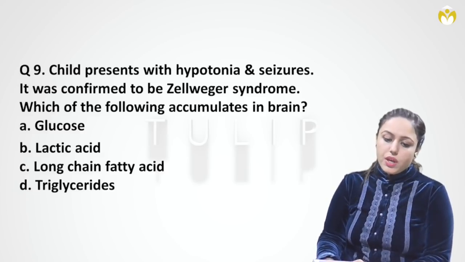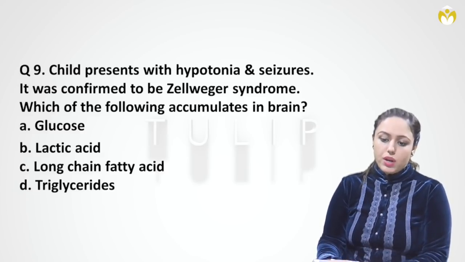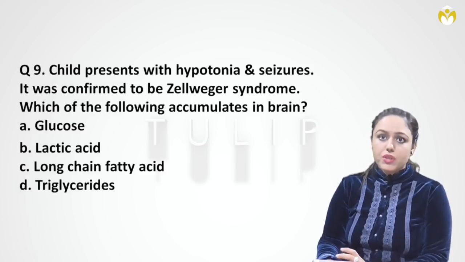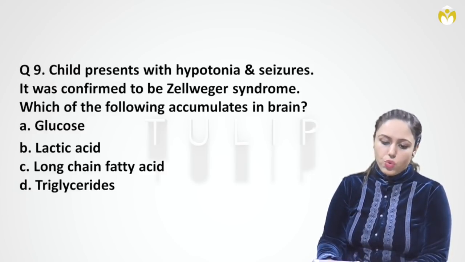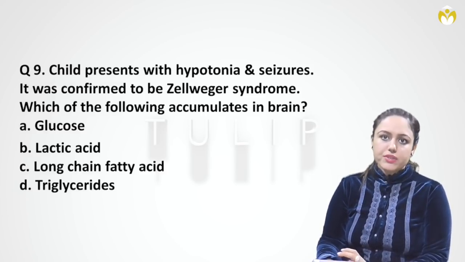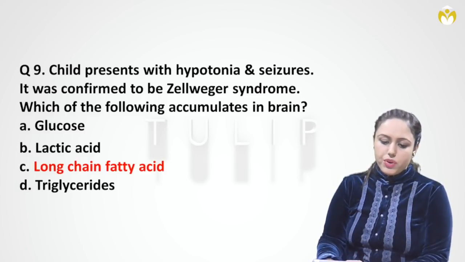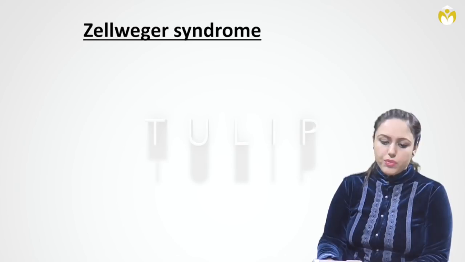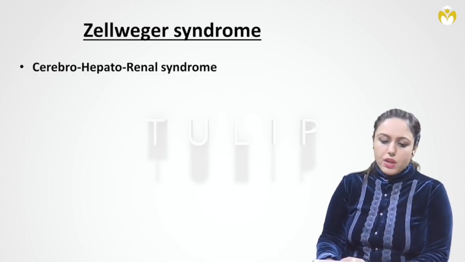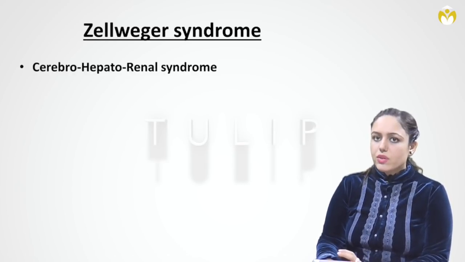Question number 9. A child presents with hypotonia and seizures. It was confirmed that this child has Zellweger syndrome. Which of the following accumulates in brain? Answer is long chain fatty acids accumulate in brain in this patient of Zellweger syndrome. So let's see the detail. Zellweger syndrome is also known as